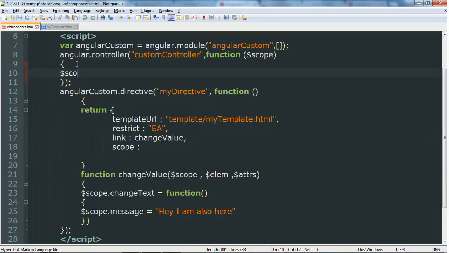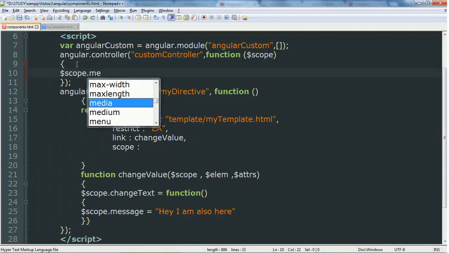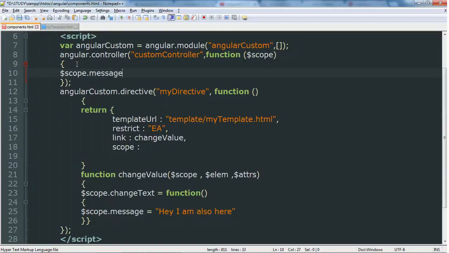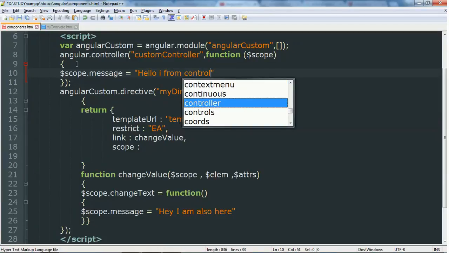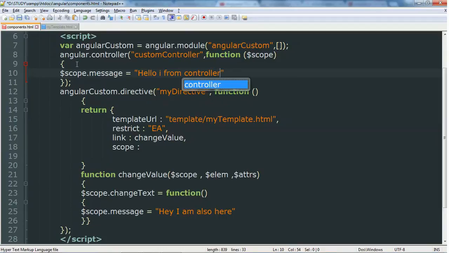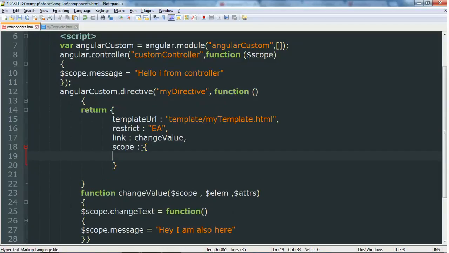Inside this scope I am writing $scope.message equal to "hello, I am from controller", and this message we want to access inside our scope. So what we can do is, inside scope we can write here,